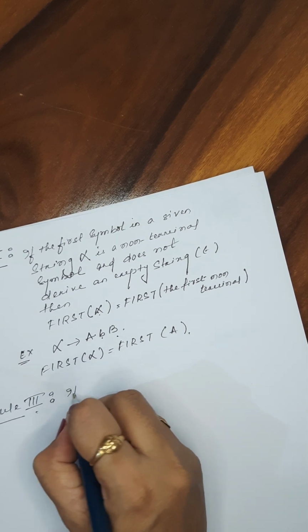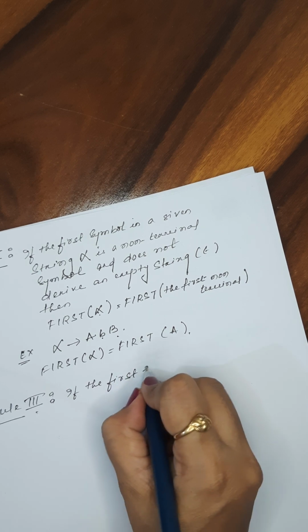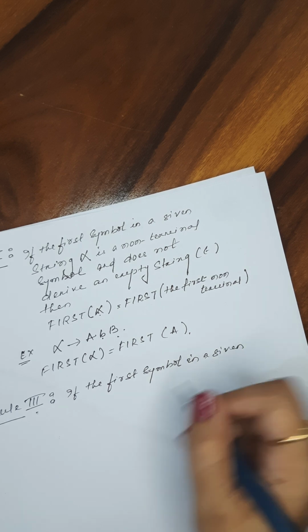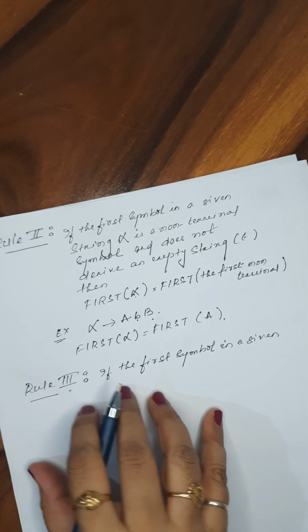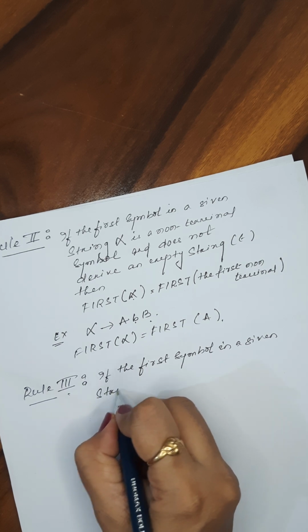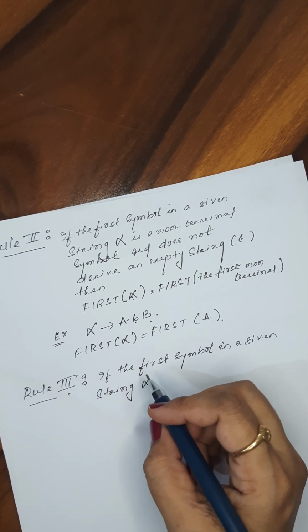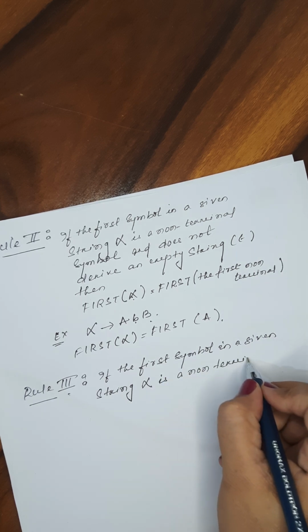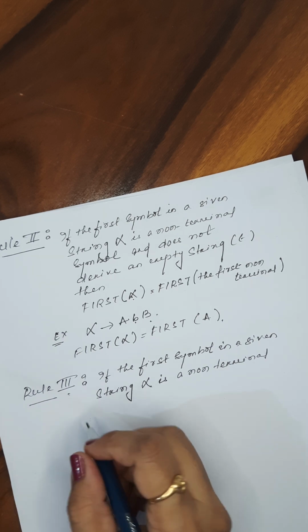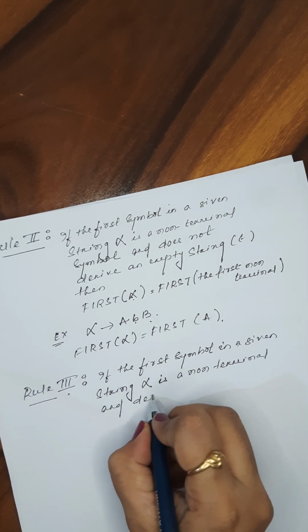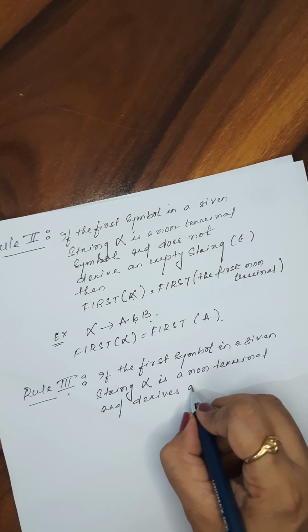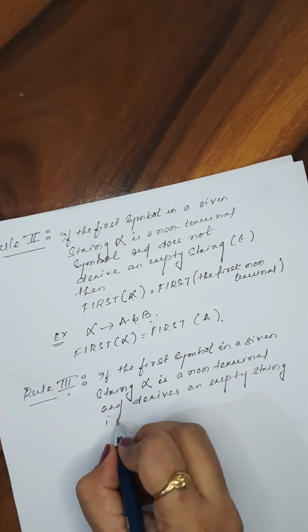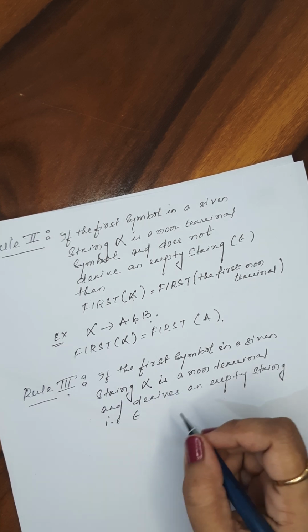If the first symbol in a given string alpha is a non-terminal and derives an empty string, that is epsilon, derives an empty string, then